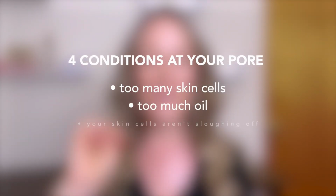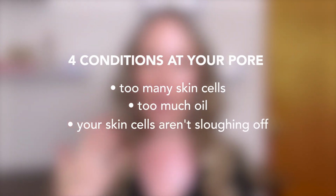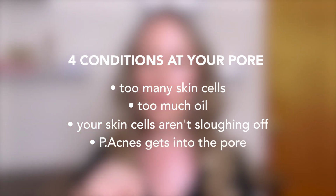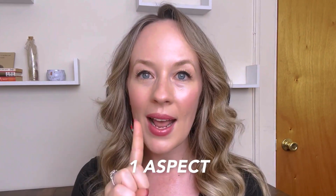Number 1, you have too many skin cells at your pore. Number 2, you have too much oil at your pore. Number 3, the skin cells don't come off the top layer of your skin the way they should. And then number 4, P. acnes gets into this overly crowded, overly oily pore and a breakout forms. That's how acne starts. Now, every single treatment that you've tried thus far has only addressed one aspect of this